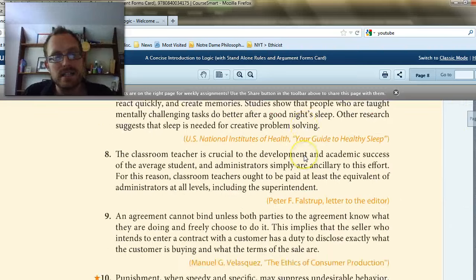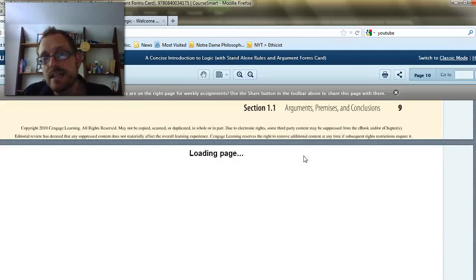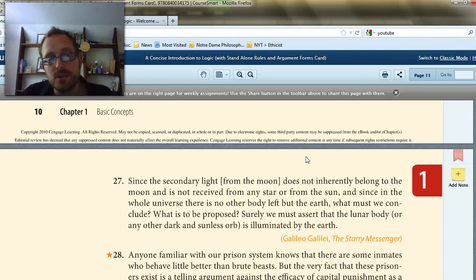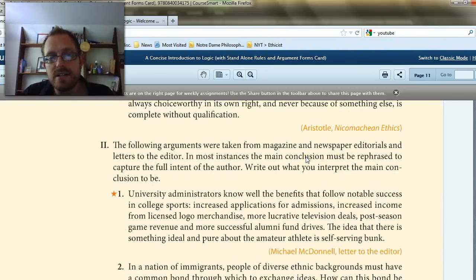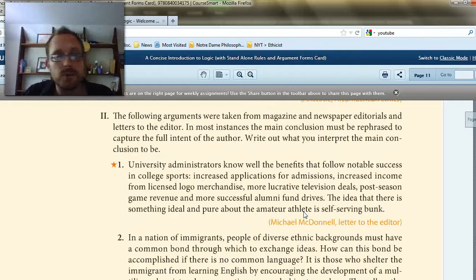Okay, and that's essentially what most of your homework is for section 1.1: taking a look at these core, really simple arguments and then doing a short analysis. In the second section, and what's interesting is these are real arguments that people have made, in order to fully understand them, you have to rephrase the conclusion, right? You have to move away from looking at the sentence or statement in order to determine what the proposition is, and then figure it out from there. So that's essentially what your homework is for 1.1. Now, before